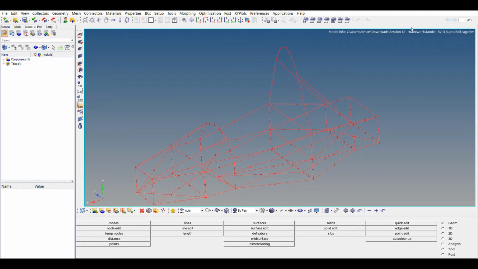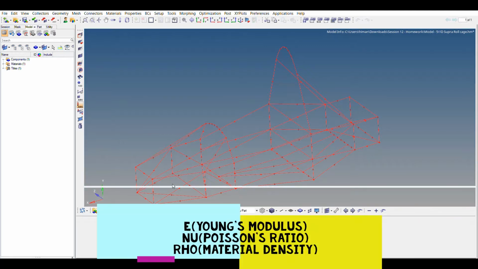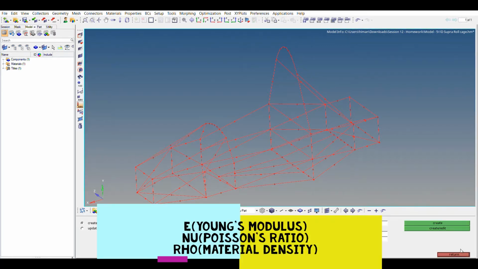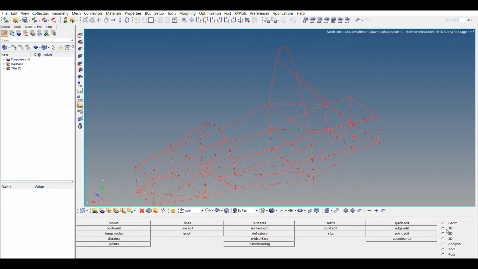So let's get started and see how free-run analysis is performed. First thing first, define the material. Let's say steel as isotropic, card image as MAT1, create/edit, and we'll be using default values. Now let's define the HyperBeam, that is the cross section area.